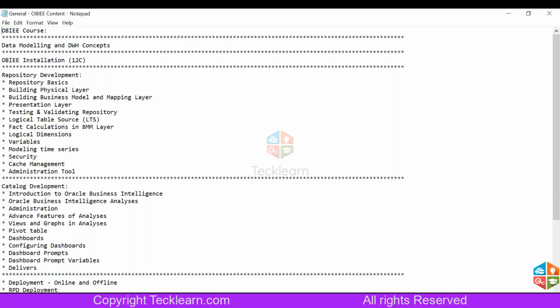The advantage of having 12c is that it gives strong competition to other BI tools. In the sense that if you have an Excel sheet, you can directly upload it to OBIEE, like any of the free open source tools that are available on the reporting side.